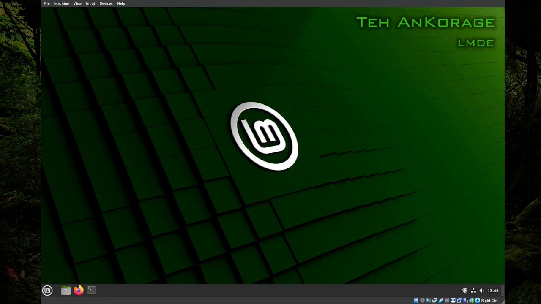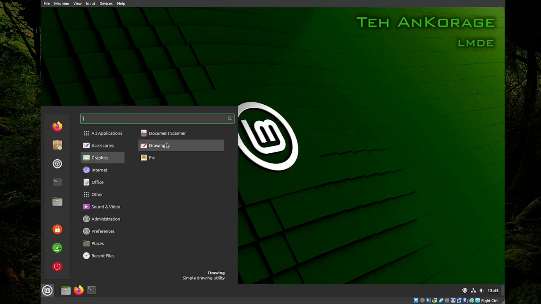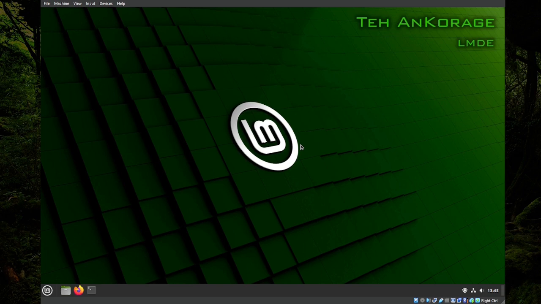We have Linux Mint Debian Edition, or as we commonly call it, LMDE. Here it is. And in order to get this text in here, I needed to darken the wallpaper. So I darkened the wallpaper so that I could get this here, and I threw a little drop shadow behind it just to help it stand out a little more. So, this is me running Linux inside of Windows 10. Yeah. Do I do anything with it? Yeah, I do testing.